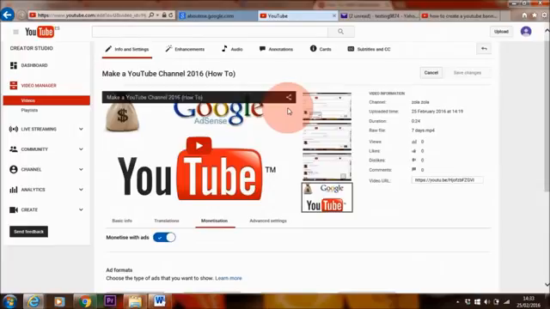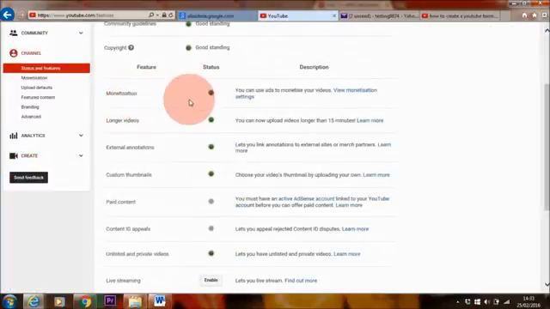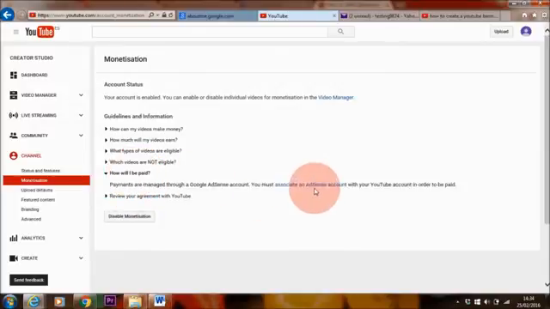Now there's one more thing you need to do in order to actually get paid for your videos. You need to go to channels here. So that's the last step that you need to do in order for you to actually get paid. Here where it says monetization, you want to go to view monetization settings. And then here where it says how will I get paid, click on that. Let's click on the link here